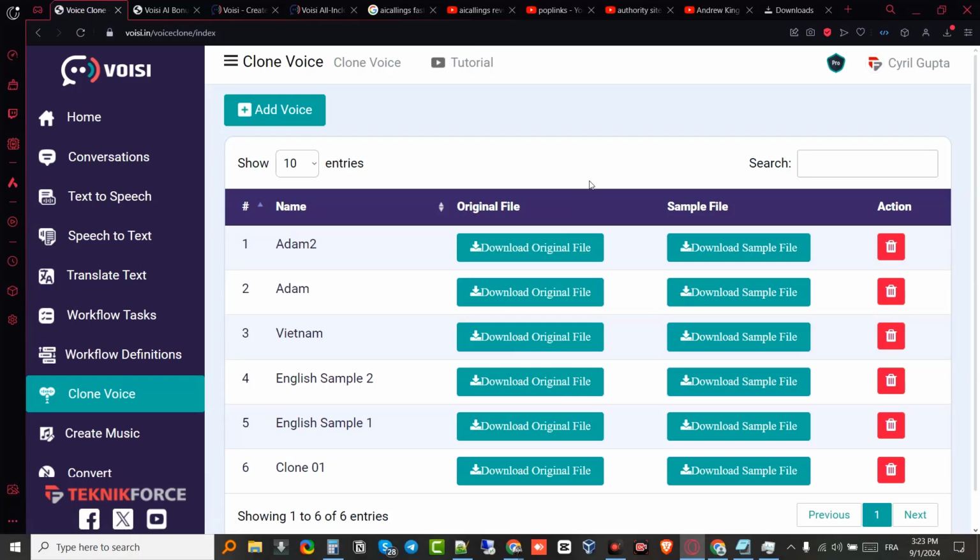This is not the absolute best because it uses an API key from 11 Labs, so it's still in beta, it's still in development. It's not going to give you the absolute best clone of your voice, but if you want to clone your voice, if you don't want to record your own voice and you don't have time, you can definitely use this one to generate conversations and even use it in other features of the software.